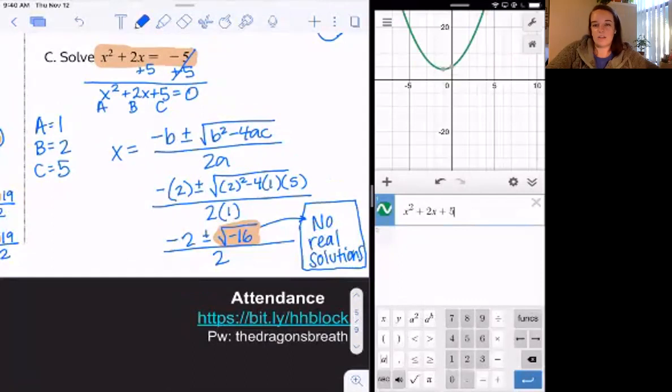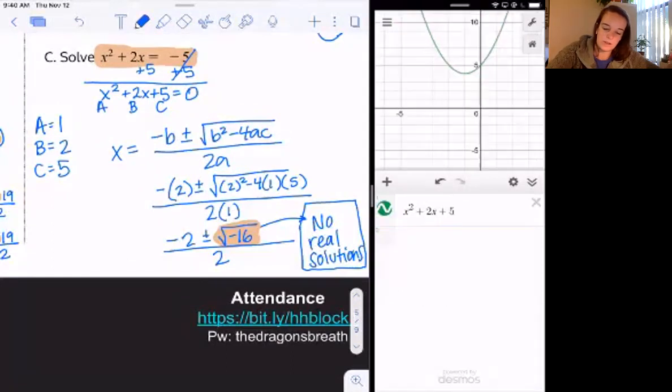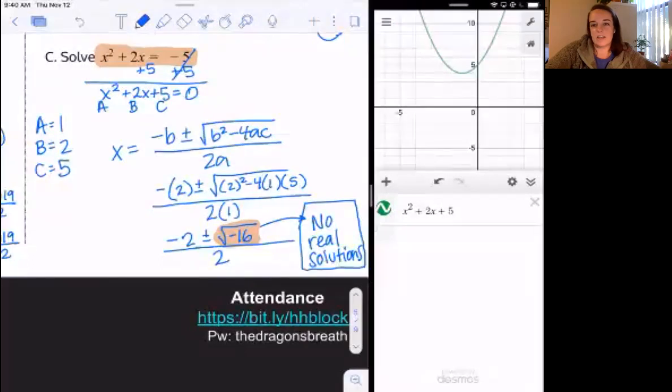Oh, check that out, y'all. There is a parabola. It is definitely a quadratic. It just doesn't touch the x-axis, so it doesn't have any real solution. Remember, there were no solutions to problems like this. Even if we zoom in and look around, it's never going to touch the x-axis. So it's no real solution.